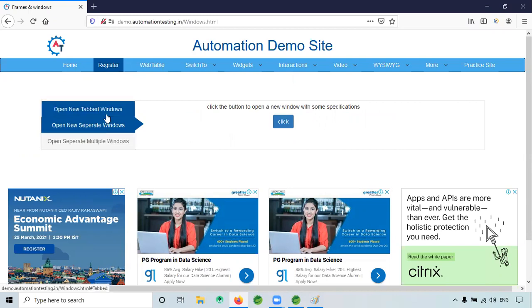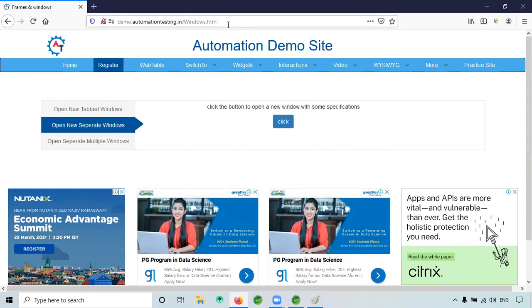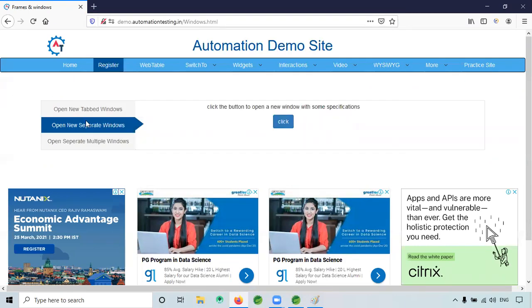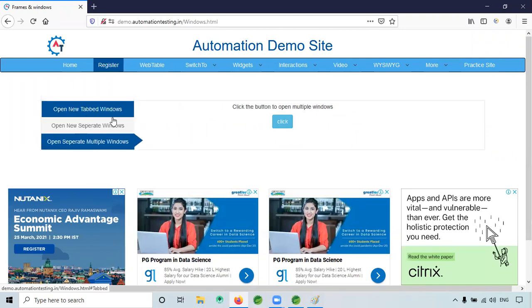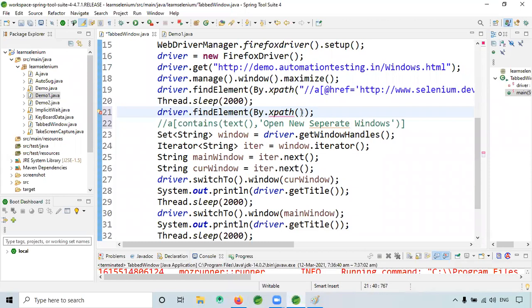But if you observe here, for this kind of action, the URL won't change. See, windows.html is there. Otherwise, if the URL changed when I click this, I could have called the same URL directly, but the URL itself is not changing here. So for that, I'm clicking this and I'm clicking this. Next path.